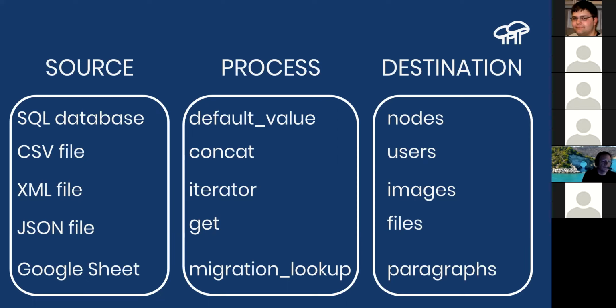supposed to be written. For example, when you have one specific migration, let's say you want to import articles, then you have a source that in this case, we're going to be migrating from a Drupal 7 database. So that means I will be using the SQL database source plugin. I am going to be writing to nodes. So I'm going to be using the nodes destination plugin. And in my transformations, I can do anything that is needed. For example, combining fields or splitting fields, combining content types or separating them, changing from one entity to another. So any transformation that I need to do along the way would be